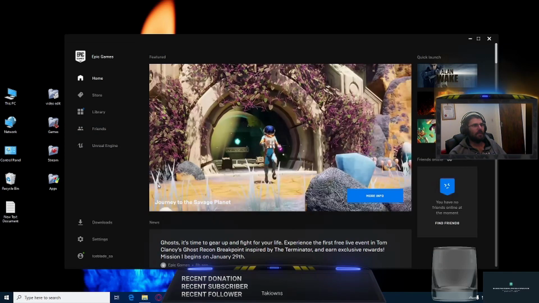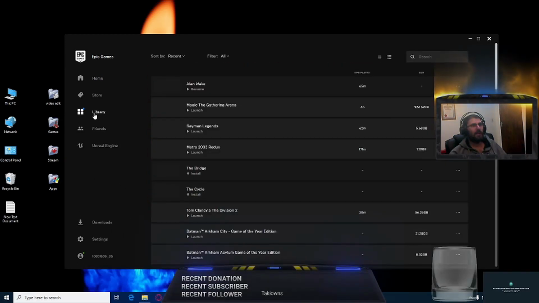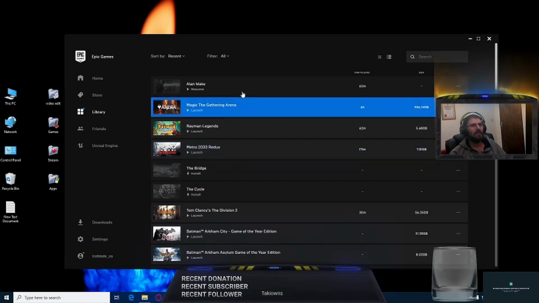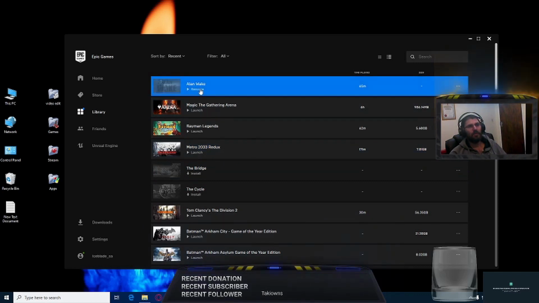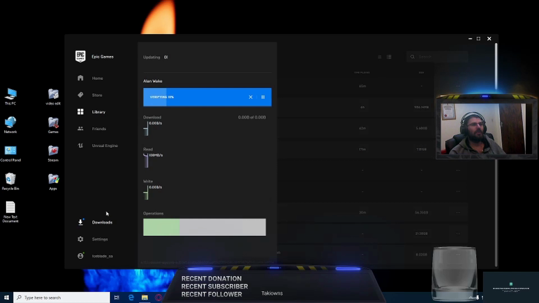So there's the initial screen, then we go to our library, and now because we paused it previously, we are going to go in on resume, and it will say please wait, and you can go to the download section, and now you can see it's starting to verify